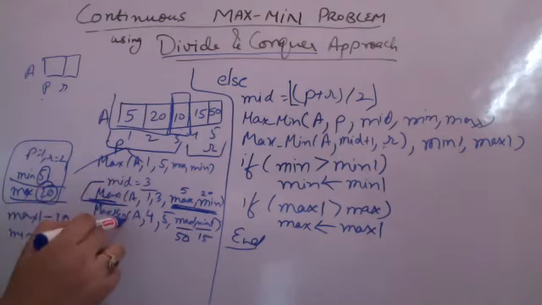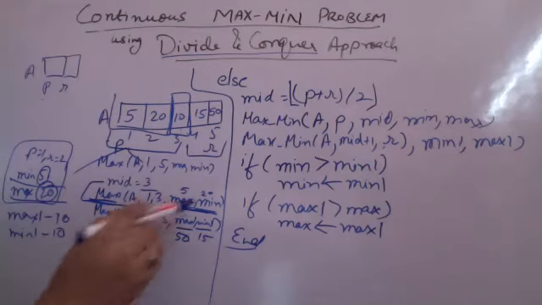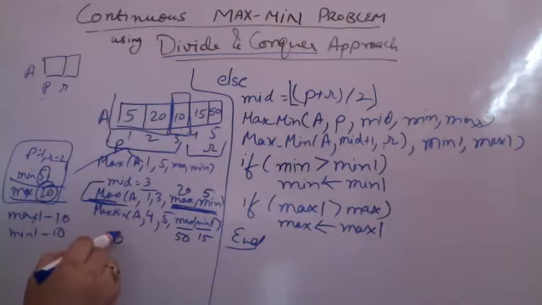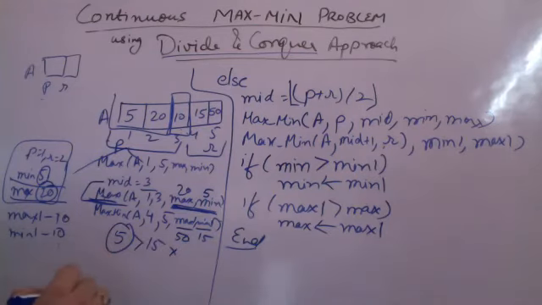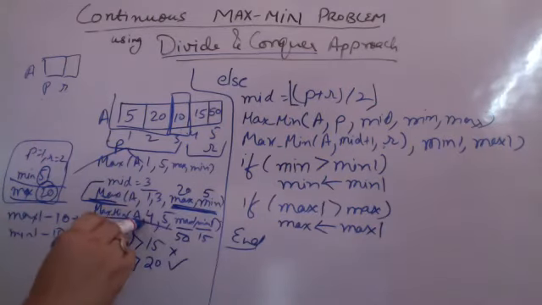After coming out from these two recursive calls, I will again be checking if minimum, sorry, I've written opposite. If minimum, which is 5, is greater than the minimum 15, this condition is false, so minimum remains 5. Then I will be checking the next condition: if maximum of second, which is 50, is greater than the maximum of first, which is correct. That means maximum becomes 50. After the entire procedure has run, I have got 5 to be the minimum and 50 to be the maximum.